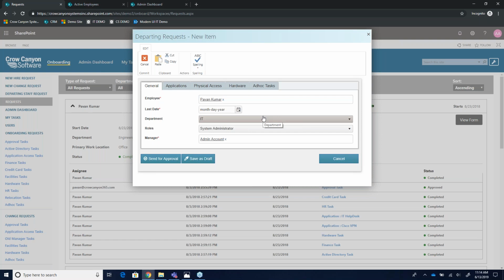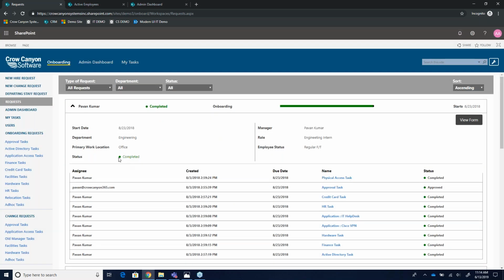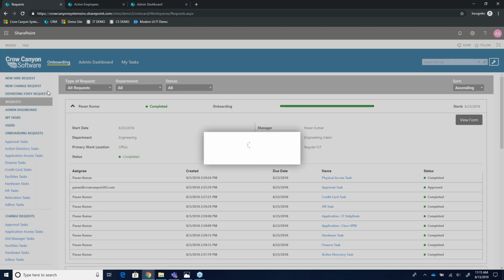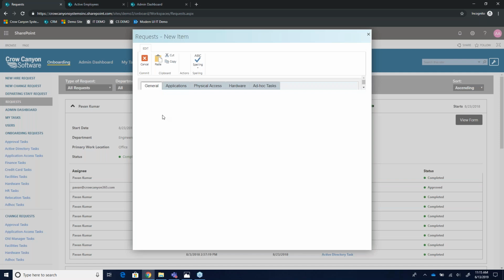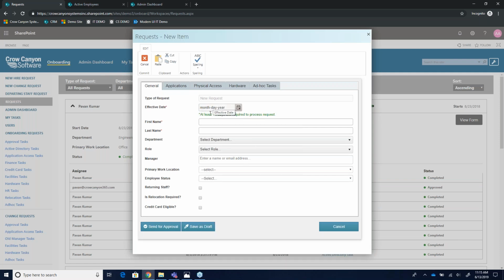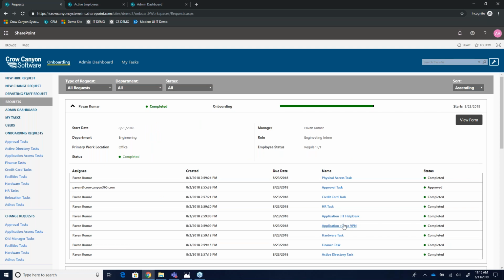If you need to have these things completed 2 weeks before the person starts, you have that ability to do so. If you need to capture things before this last date, effective date, before this person's last day, you have the ability to do so, and that's where the due date and the notifications around the due dates are very helpful. In the due date column, or anytime you see a date column, there is the option for multiple workflows there. So not only are we